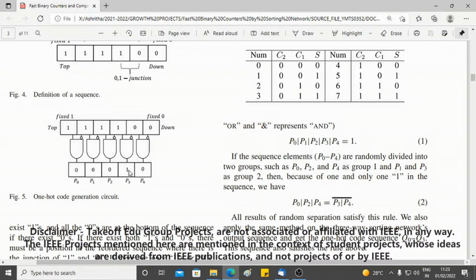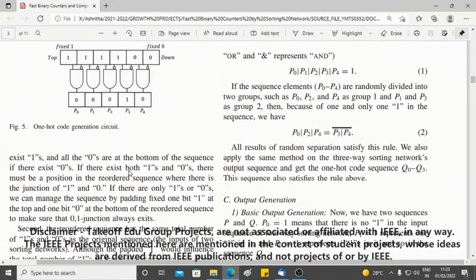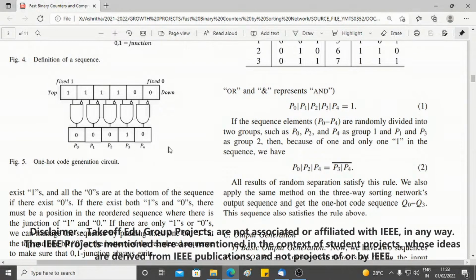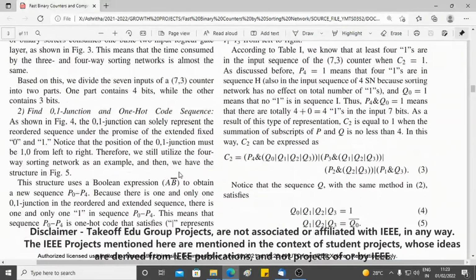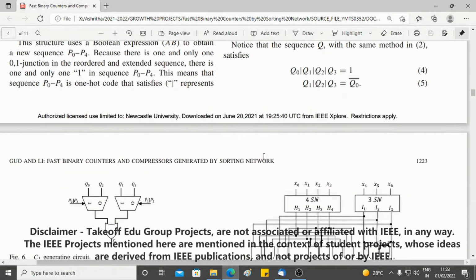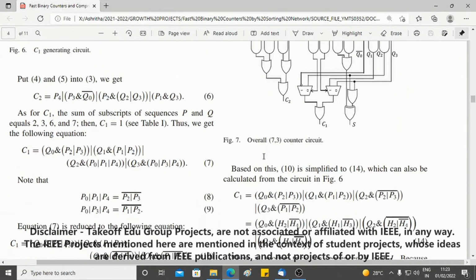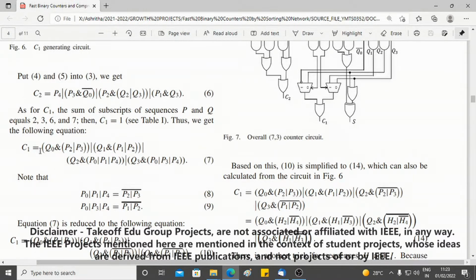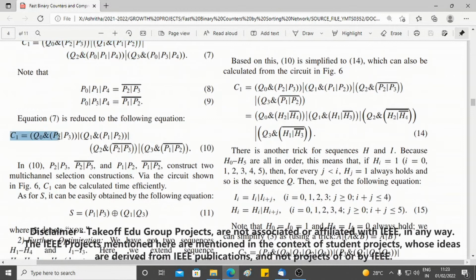Based on this, we are generating this to simplify the output expressions of the 7,3 counters. So based on these outputs which are derived, we are trying to get some relations such that they can be utilized in the simplification of the expressions. The final expressions for the 7,3 counter can be defined as follows: this is C2, one of the outputs for the 7,3 counter, and this is the simplified expression. C1 is further simplified by utilizing the one-hot code sequences, and this is the sum operation of the